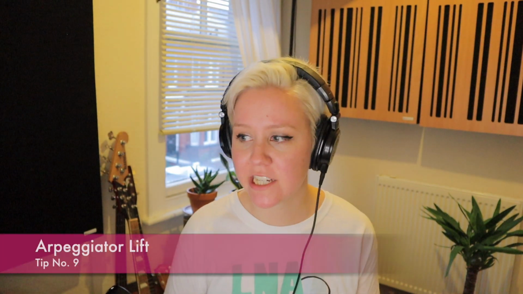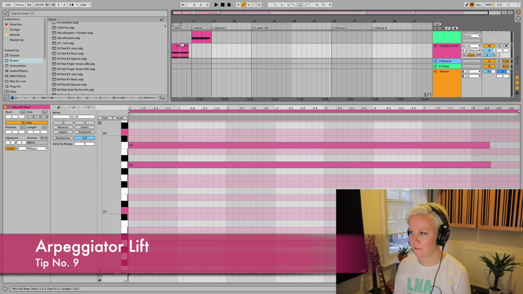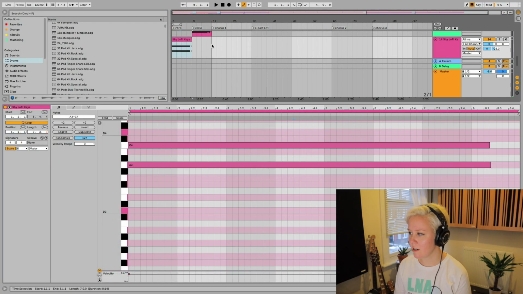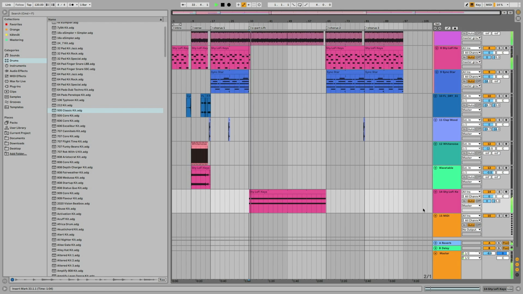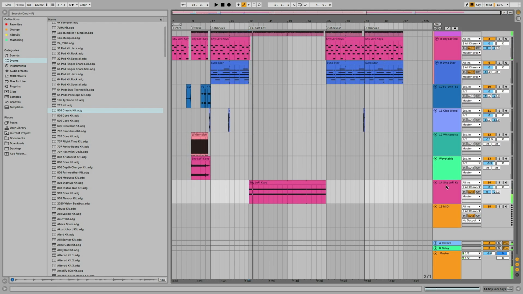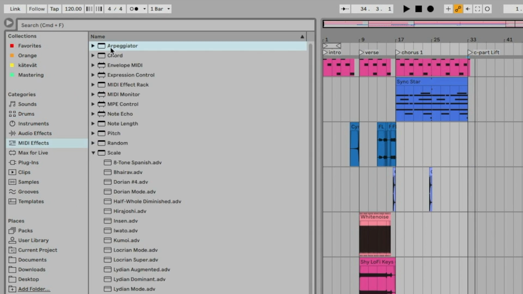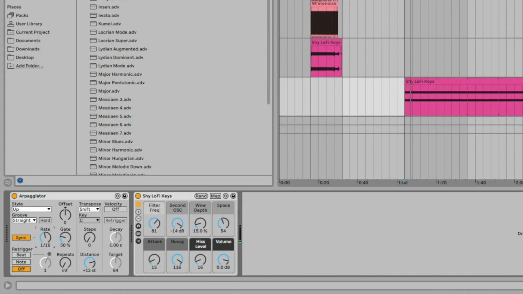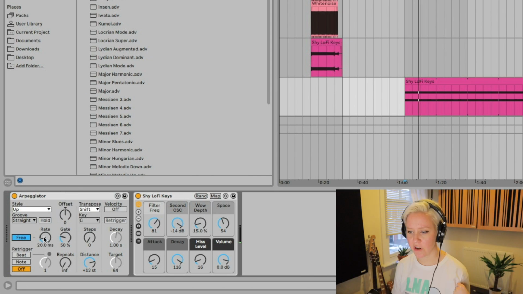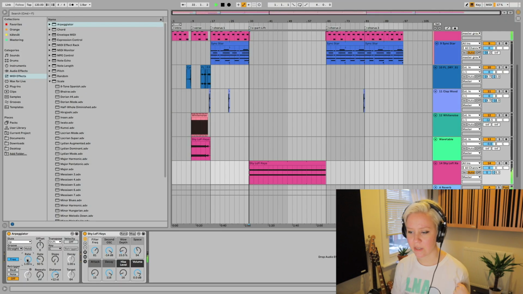Like that. Arpeggiator on a synth. So we have a very long synth part here. Everything's growing. So let's just put an arpeggiator on that channel. And how we use it is using the rate of the arpeggiator. And we're going to change it to 3. And what that does is that we can create